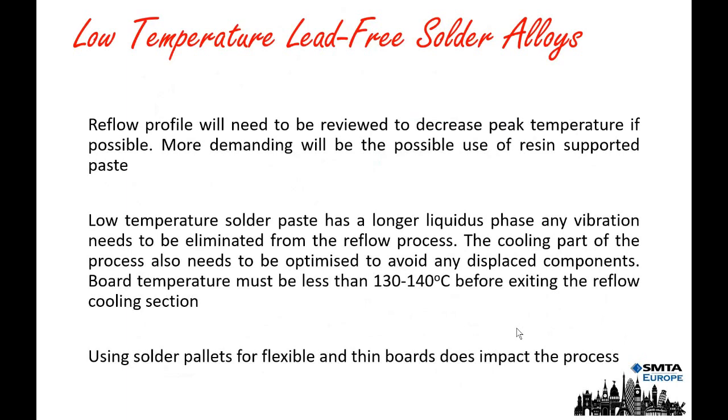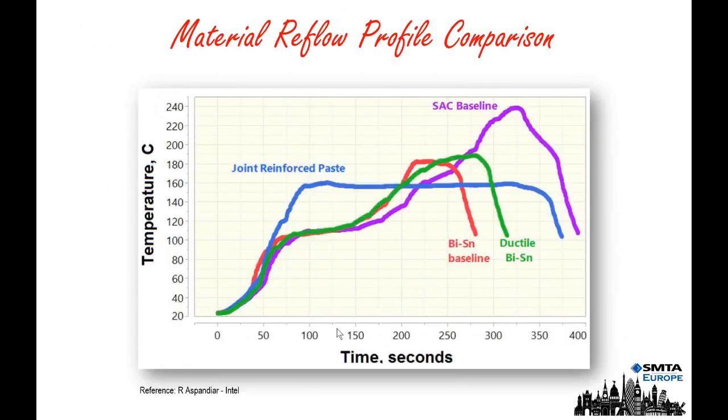So in terms of our process, we're looking at processes below 200 degrees C in terms of soldering temperature. But we've still got to think about the support of thin boards, flexible circuits, etc., because those are still issues that we need to consider and deal with. In terms of profiles, just to give you an idea, I'm showing you a couple of examples of profiles and profile temperatures against SAC, which is the baseline that most products tend to be compared to.